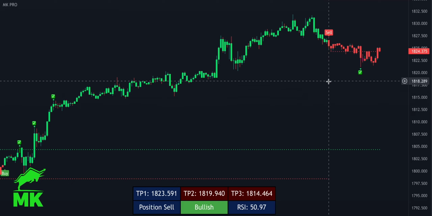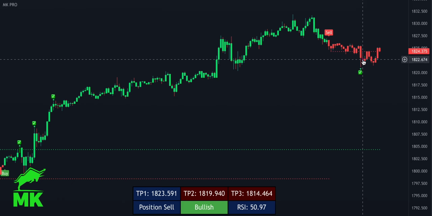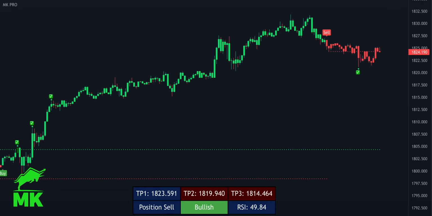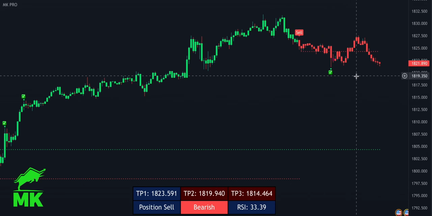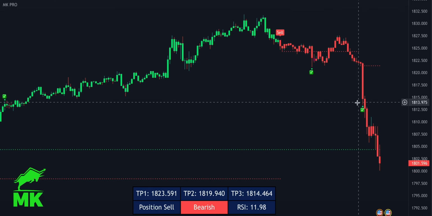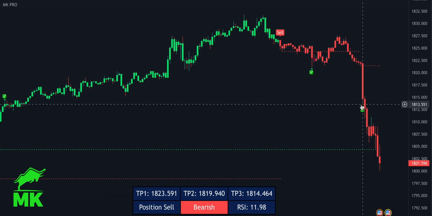Okay, 1823.591, our first take profit touched, and right after that a purple colored candle appeared. It means the bearish power in this zone is too much. Market retested the price here, but as we got a bearish candle it can go all the way down. Take profit touched exactly in one candle,